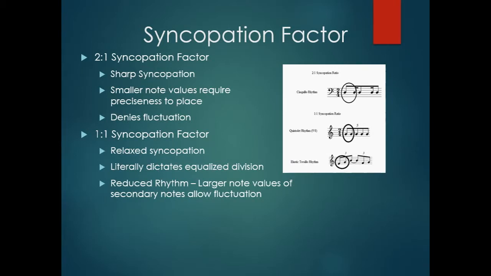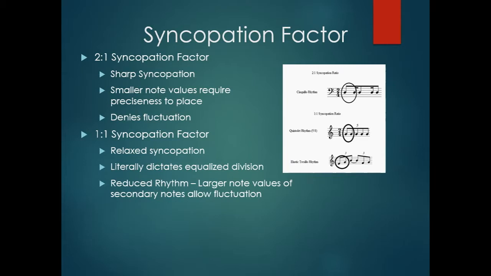So the ratio of the two notes is 2-to-1, and this creates a sharp syncopation. The smaller note value requires preciseness to place the note. So in this sharp syncopation, the short note does not have room to fluctuate,